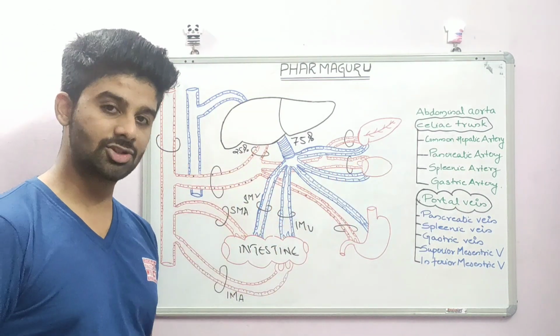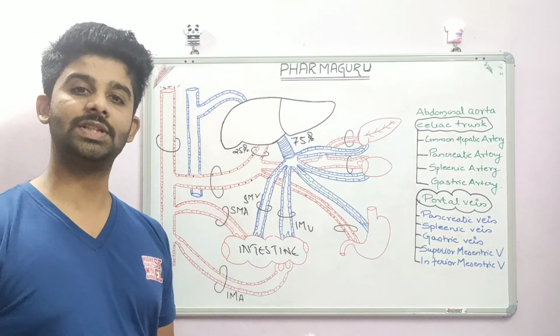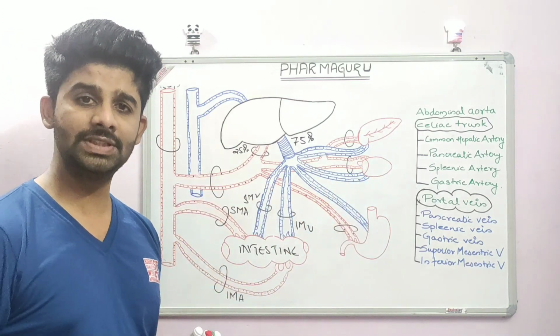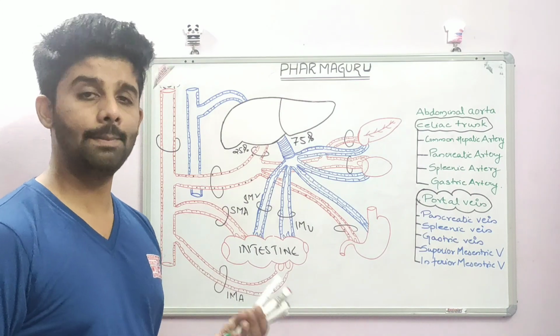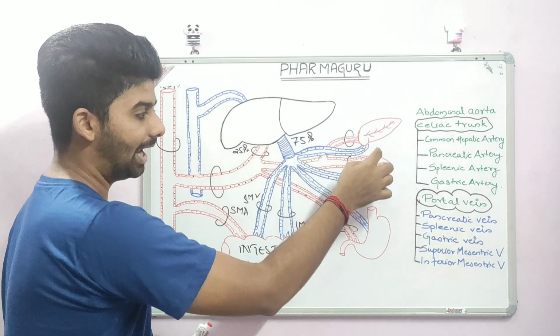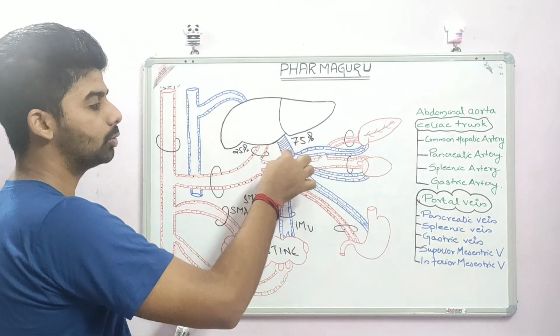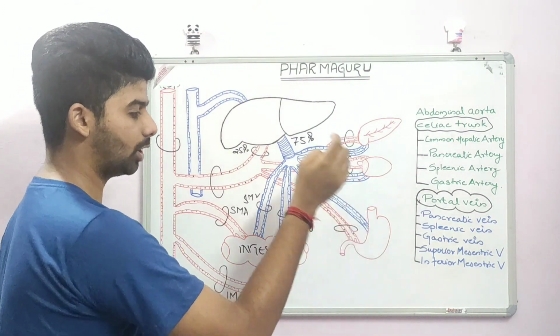See, what is actually the spleen? We all have come across from our lower classes that the spleen is a graveyard of RBC. So what will be present there? Degraded RBC, right? The hemoglobin, the end products of hemoglobin metabolism. So everything will be present in the spleen, and all these products through the splenic vein will come into the portal vein. Done. Next, we will go to the stomach.